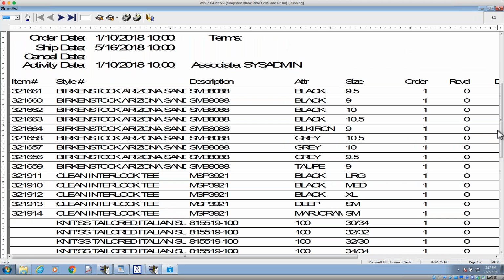All right, so when I look at this screen here, although the font's a little wacky, I'm not sure why, it's a virtual machine, but I think you can see that the description field, which is actually a style number, is not the primary sort because S does not come before M or 8. But the style number field, which is actually the description, that's the difference between the doc design and my data. B for Birkenstock comes before clean, which comes before knit, short sleeve, tailored, Italian, right? So B, C, K, that's the sort right there. So we said sort by description 1, which we've named style number in this doc design. So there's some functionality there that is very sweet, actually. And that's what a